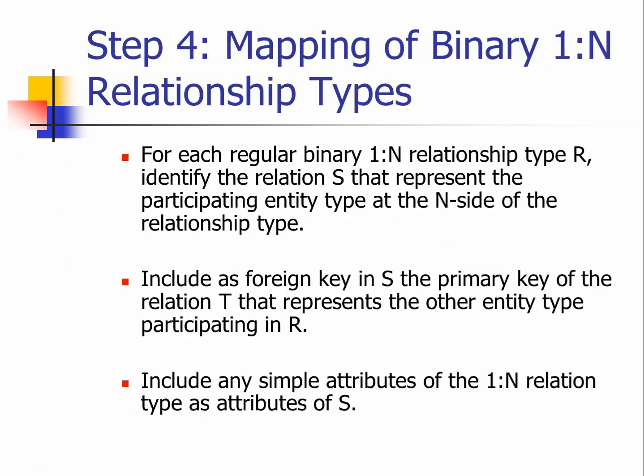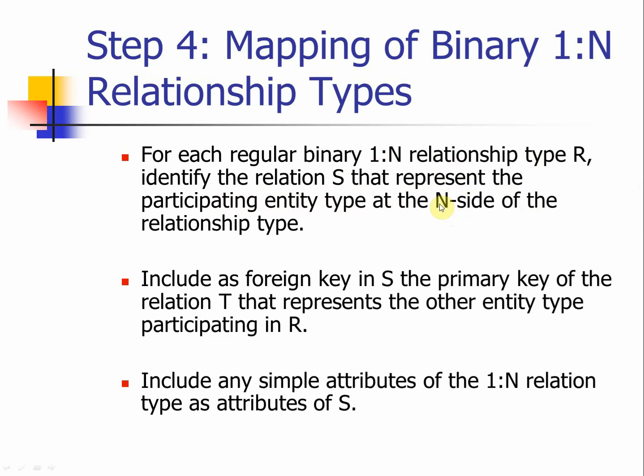Step number 4 is the next type of relationship, indicating a 1-to-N relationship. This one uses a very similar concept to what you have just learned in step number 3, what we call a foreign key technique to solve this relationship. So for each regular binary 1-to-N relationship, identify the relation S that represents the participating entity type at the N